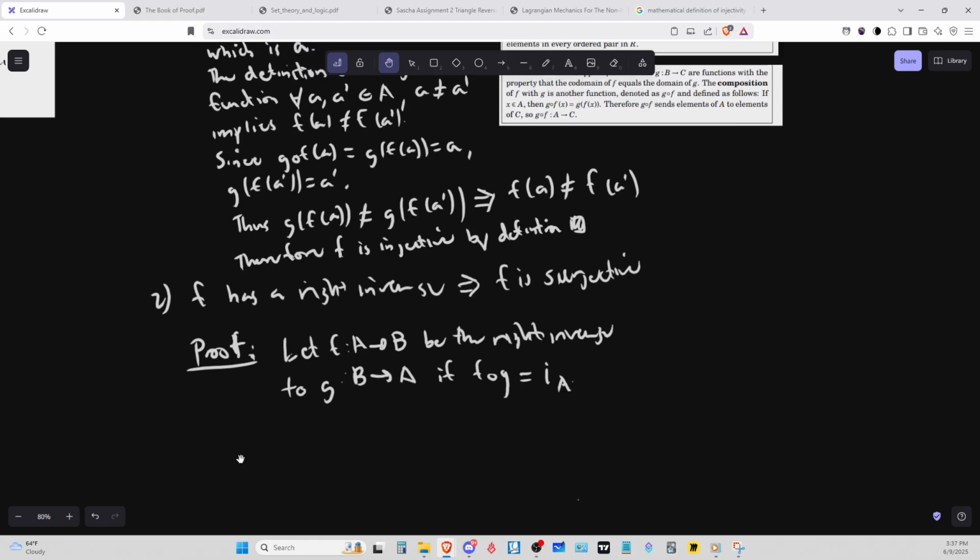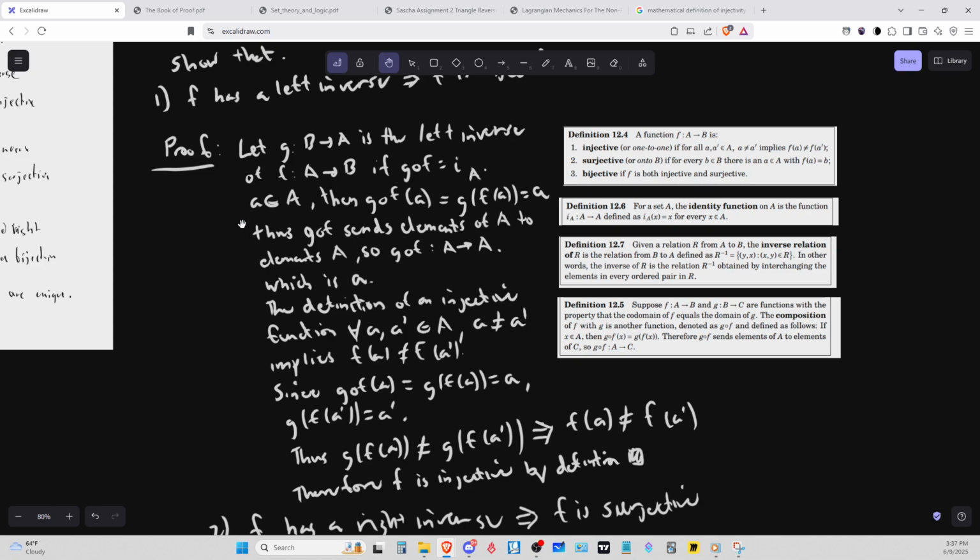So how did we, so this element A, then, so,